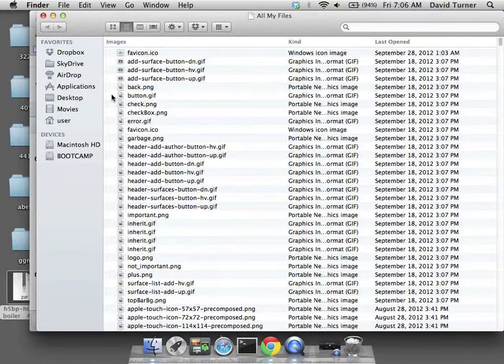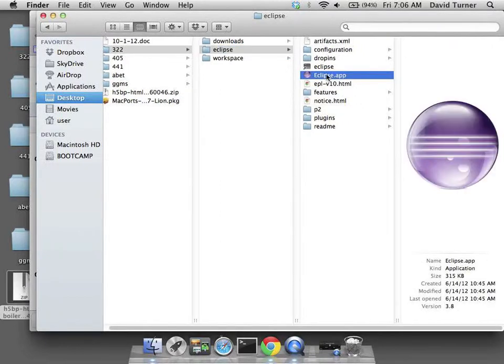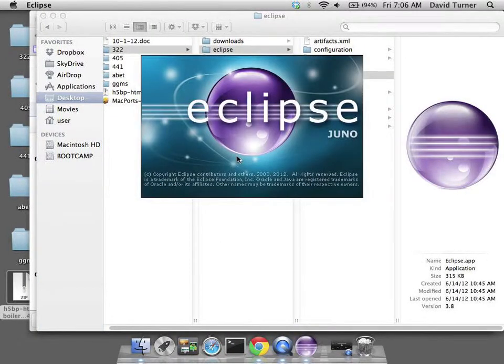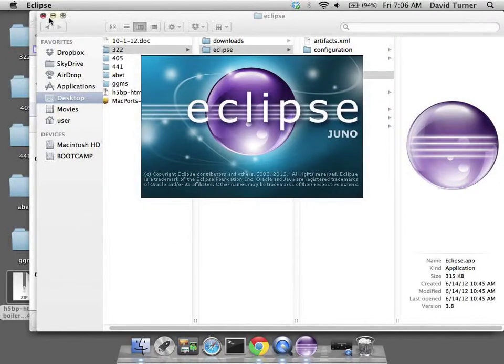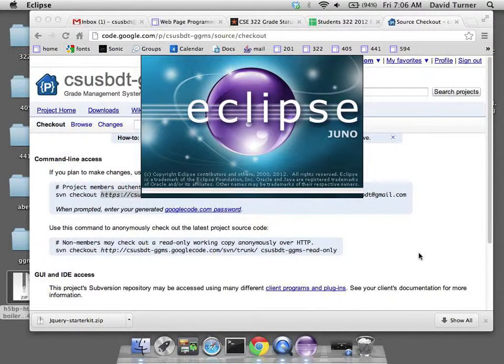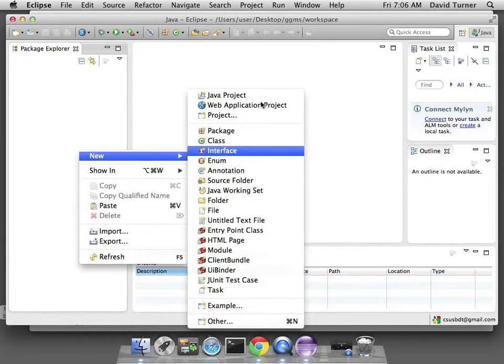Open the Finder. I need to start up Eclipse again, so I'll get to that folder. And there it is. Actually, that was a different error message, so that's encouraging. It's a big program. There we go. Let's try it again. Right-click in this space here, New, Java Project,